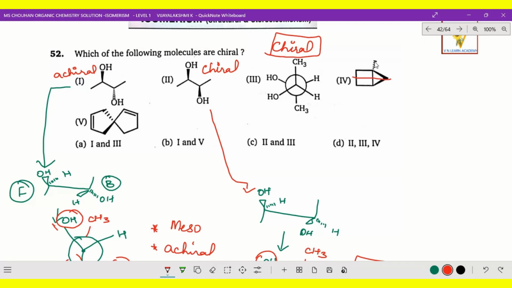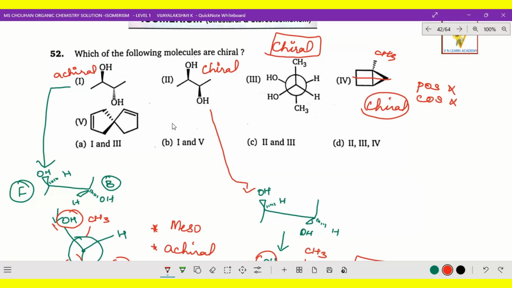And here CH3 is there, but here there is no CH3, and that too is below the plane. So what is this? This is chiral. Is this chiral? It's chiral. POS, COS, absent or present? It's absent, right? See, there is no connectivity, both are different. So that means this is also chiral.